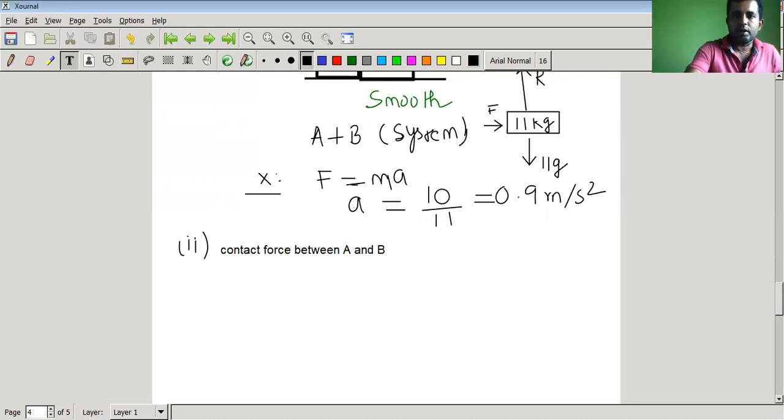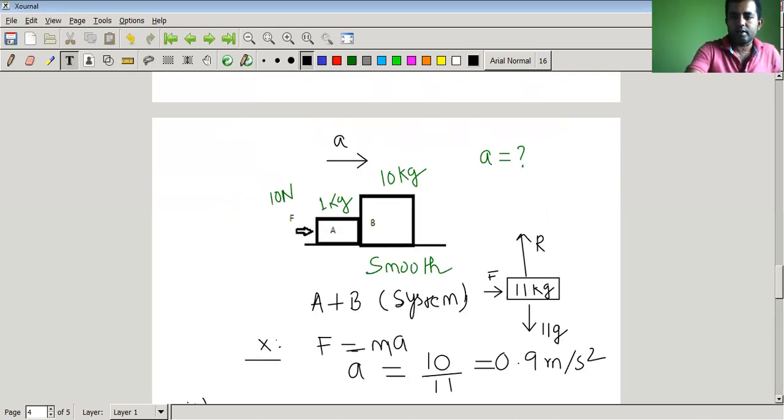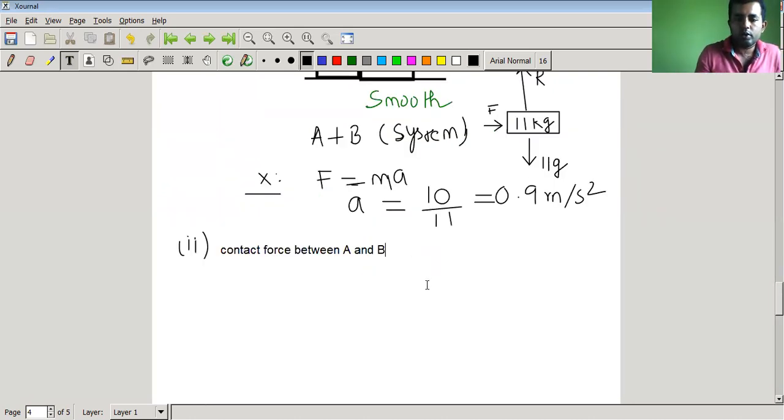It turns out that it's very easy. So what we are going to do,